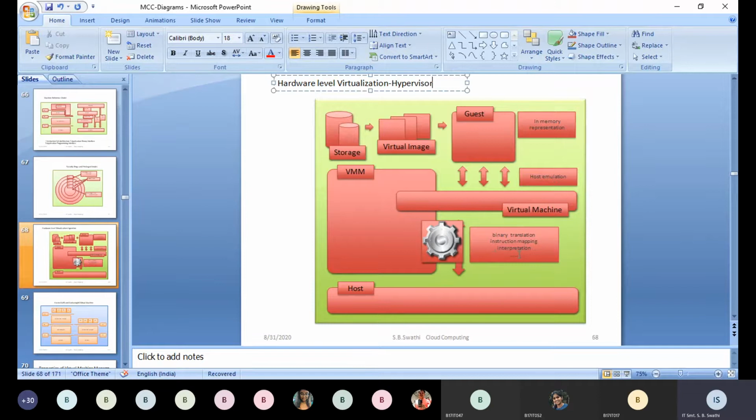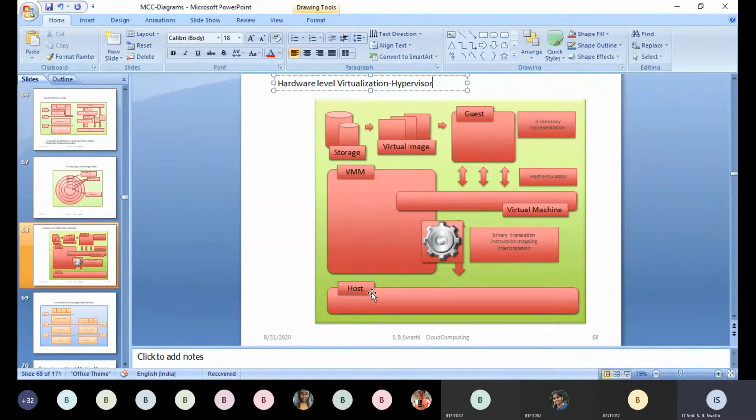And the second one is binary translation mapping. At the hardware level, all the instructions given by the guest can be categorized into two types: binary translation and interpretation. Under binary translation, a group of instructions is taken at a time and executed at the host, that is, at the cloud provider. Under interpretation, only a single instruction is taken, interpreted and then executed by the host.